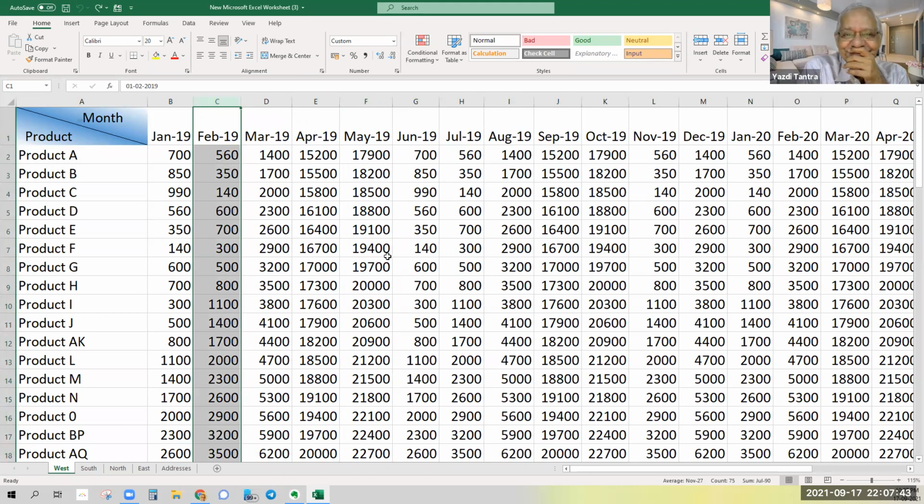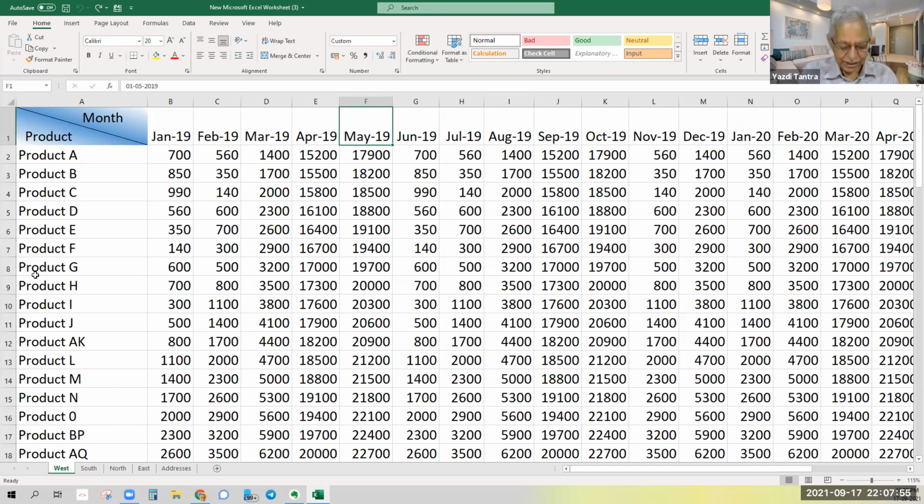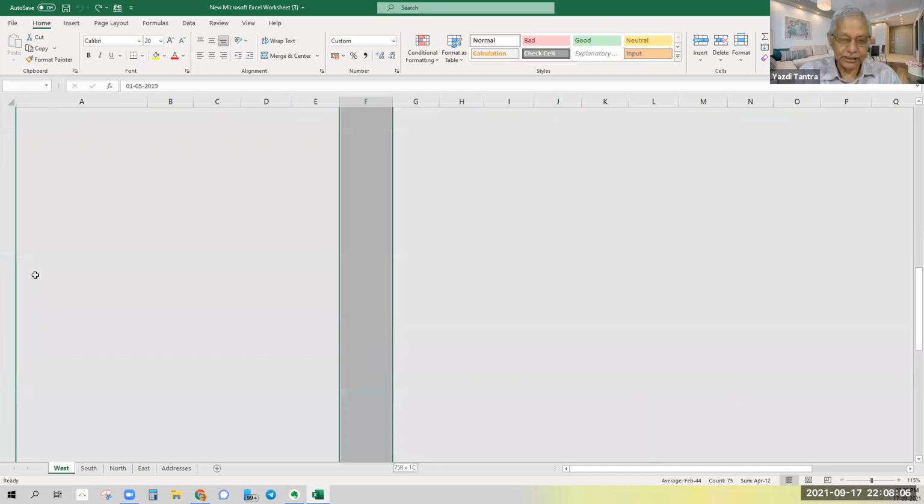Too boring. You can just drag it. But then it would remain there, no? If you just dragged it, it would be a copy. Let us understand how to do it. So what did we say to select? Shift, Control and down, no? Yeah. So this entire thing is selected.